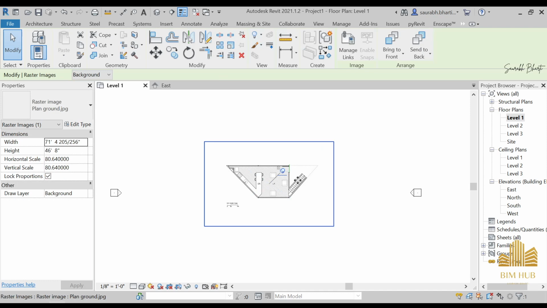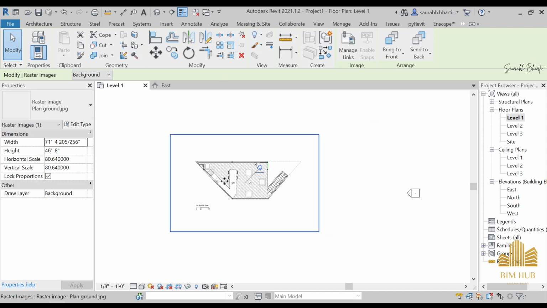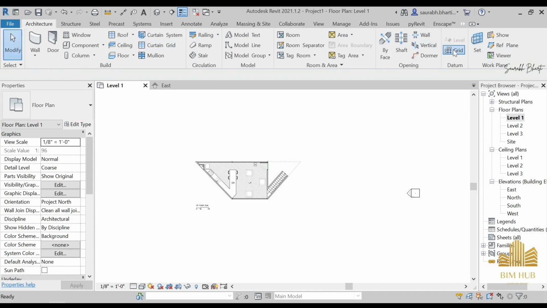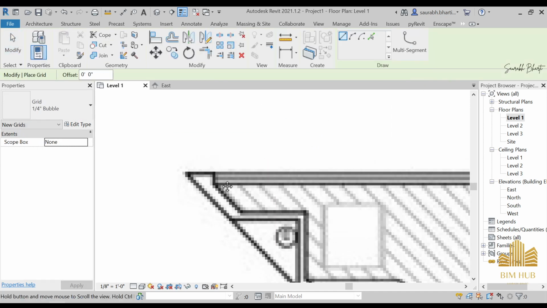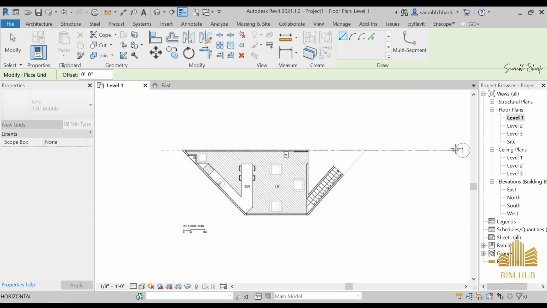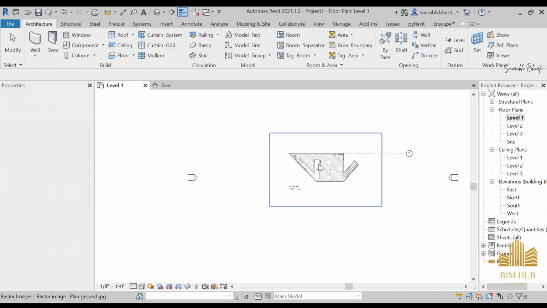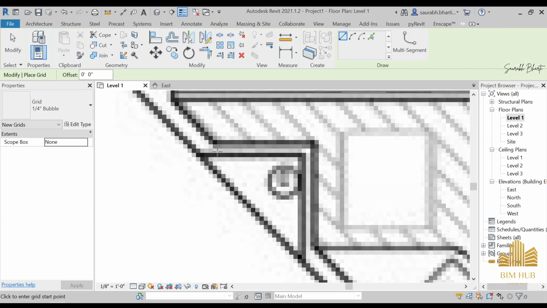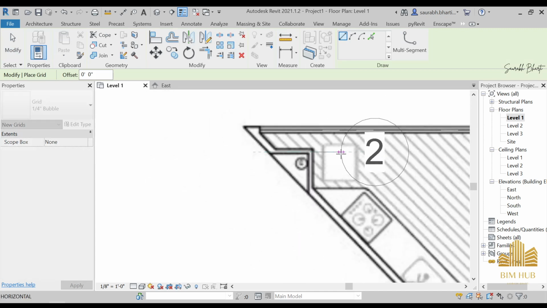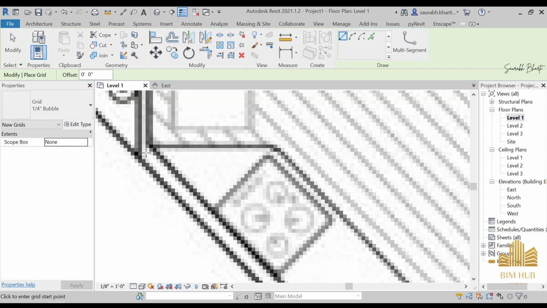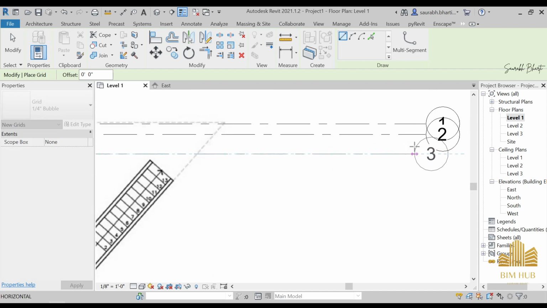Just pin it, and after that what we need to do is make some grids. GR is the grid shortcut, or you can also go to datum and activate it from here, and then start from the middle of this. So I'm taking the first grid, this is our first grid, then the second grid is from the middle of this point, then the third grid is from this point,